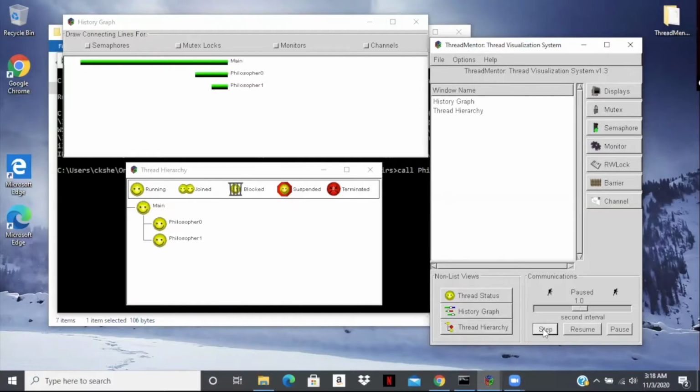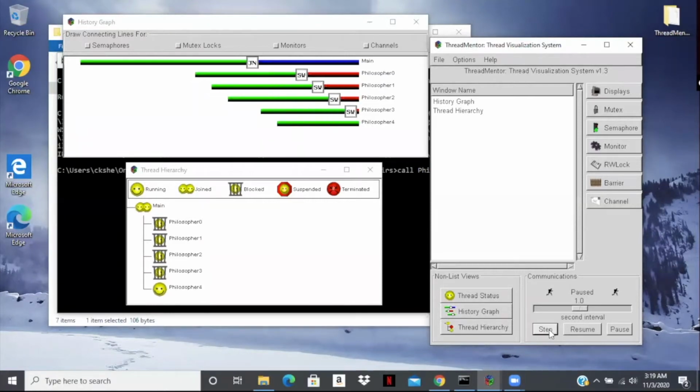Now, here, as you can see, the main program created philosopher 0 and philosopher 1. Then philosopher 2 is created. The main program then joins with the first created thread, which is, of course, philosopher 0. As a result of this joining, the main program has a blue bar. Now, if we run enough number of steps,